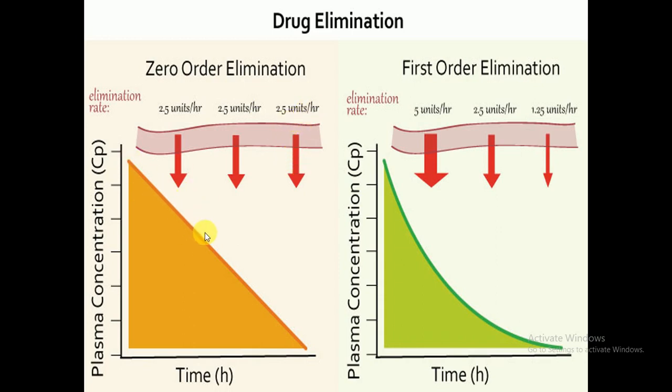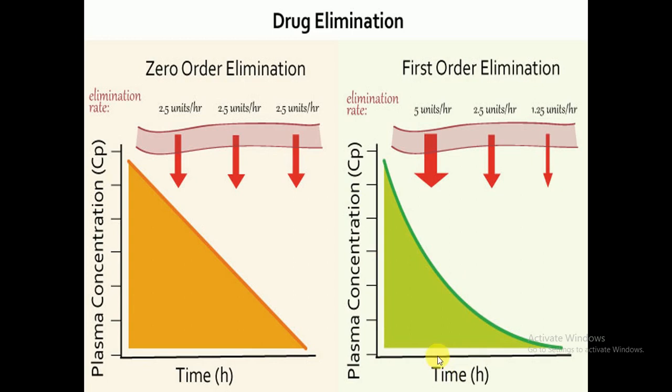Look at this graphical representation. This is the area under the curve, and look at this graph. It shows a curved line and this is a straight line. So it means that in this case the rate of reaction is independent of the concentration of the drug. And in first order elimination reactions, the rate of reaction is